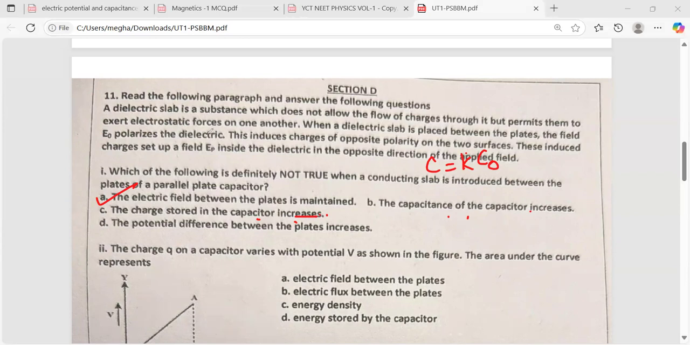Because here it is not given whether it is connected to a battery or disconnected from the battery. But in the first case, whether it is connected or disconnected, the electric field between the plates is maintained. The other statement is wrong. So therefore, this is the correct option. So next,